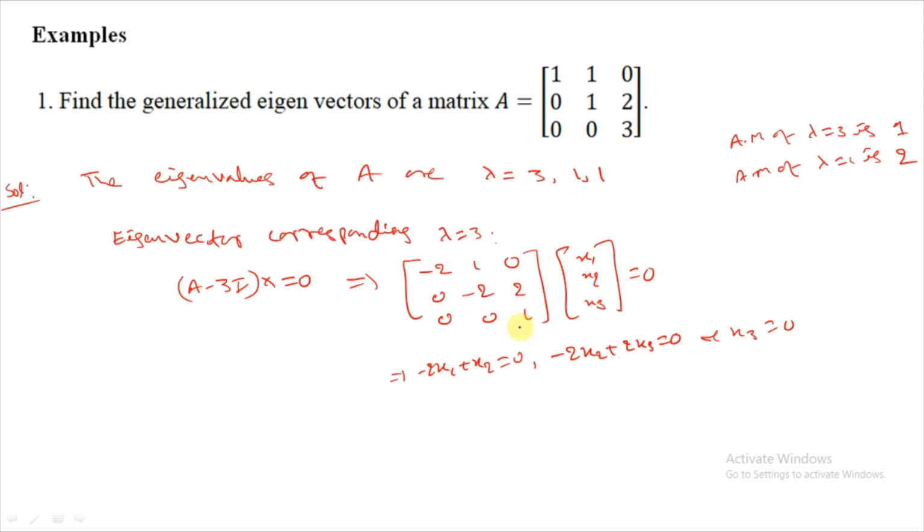Sorry, this is the minus 3, 0. Okay, you are not getting this one. Now solving this one implies x2 equal to x3. Therefore, x2 equal to minus x1. x2 equal to 2x1, x2 equal to x3. This is x3 also the same. x3 equal to x2. Therefore, eigenvector